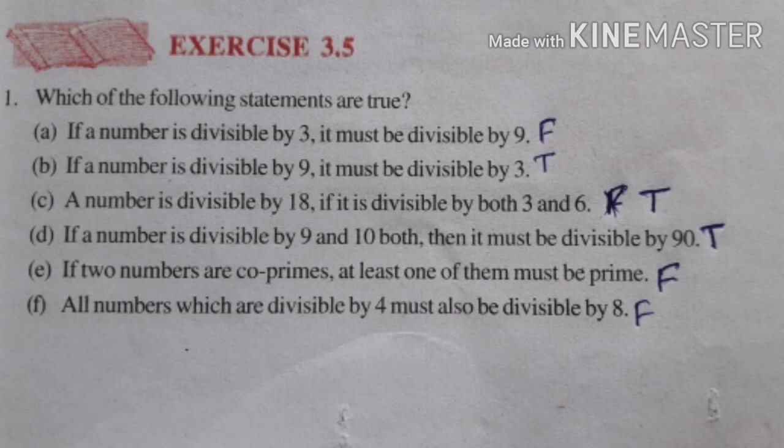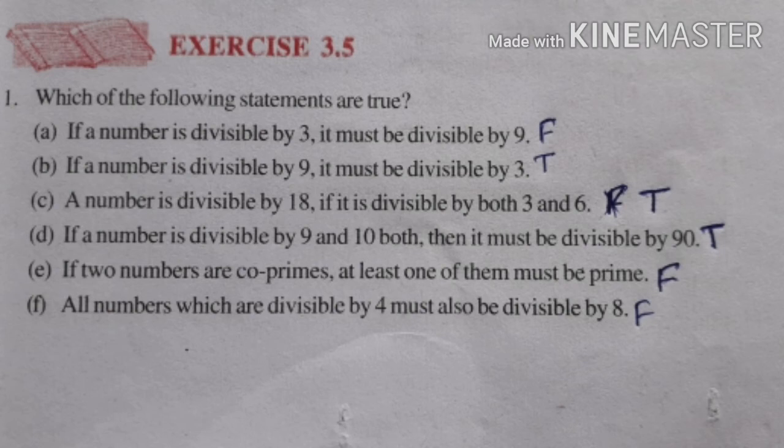Second one: if a number is divisible by 9, it must be divisible by 3. The statement is true because 18 is divisible by 9 and it is also divisible by 3, since 3 sixes are 18. So like that,